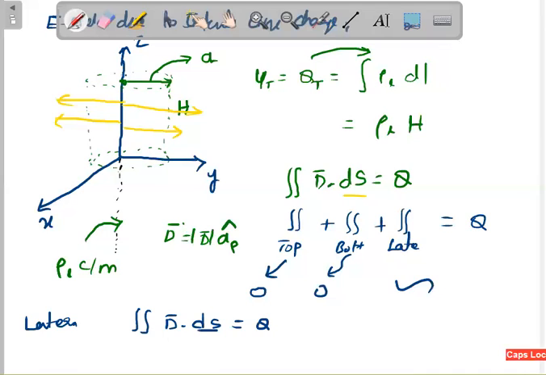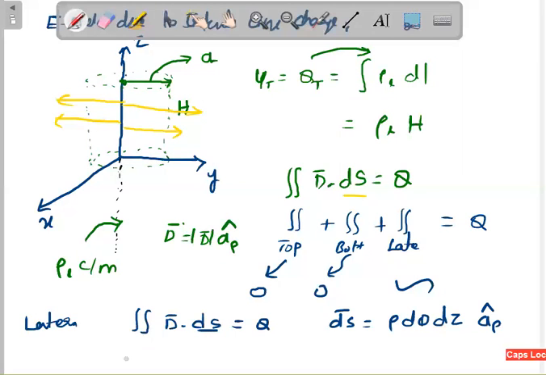If you are on the lateral surface of the cylinder, what is constant? The radius is constant, and the remaining things will vary. Phi will vary and z will vary. The variation in phi gives rho d phi, and the variation in z is dz. Then what is the direction? If you calculate it as a vector, what is the surface vector? For the lateral surface, the surface vector will always be in the a rho cap direction.